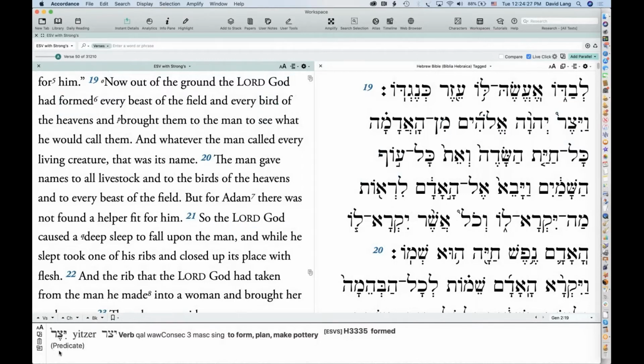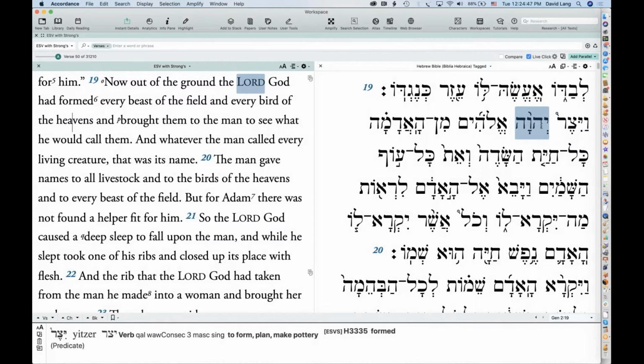Also, if you have a Hebrew syntax installed, Accordance will give you the syntactical tag for that word. So this verb is part of the predicate of that particular verse, that sentence.